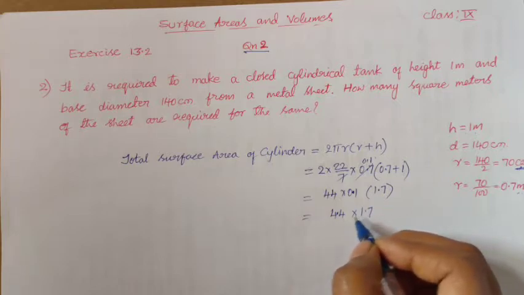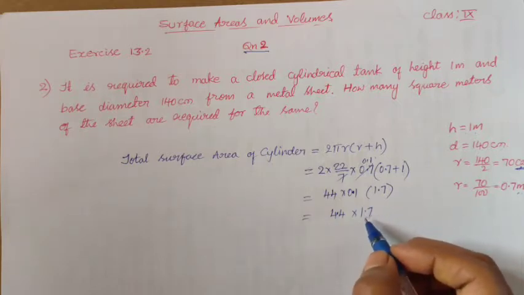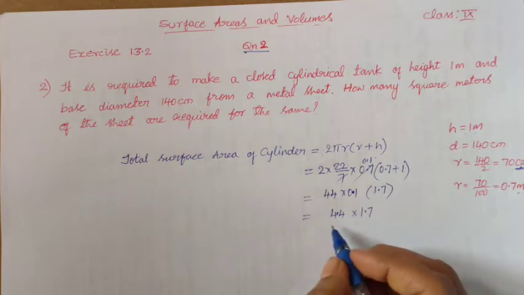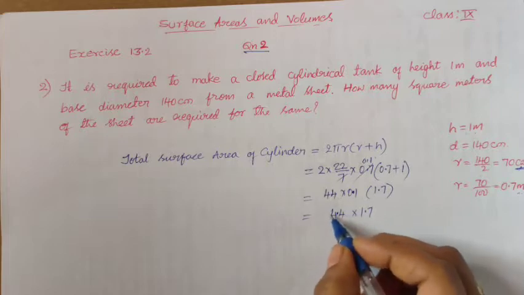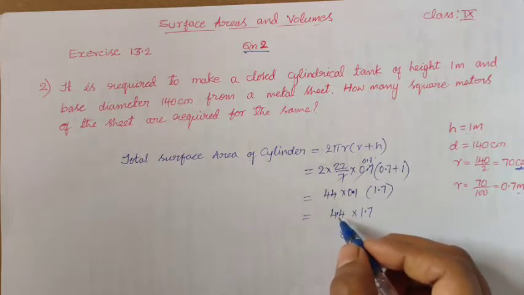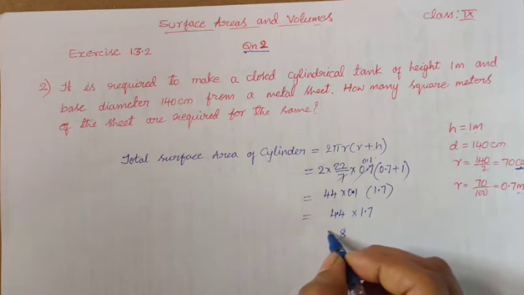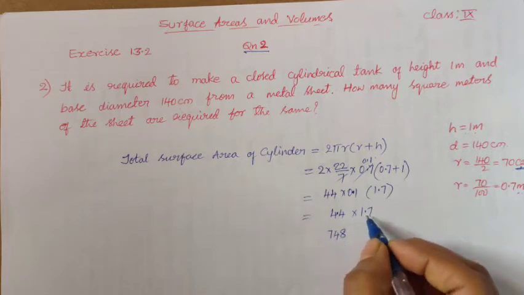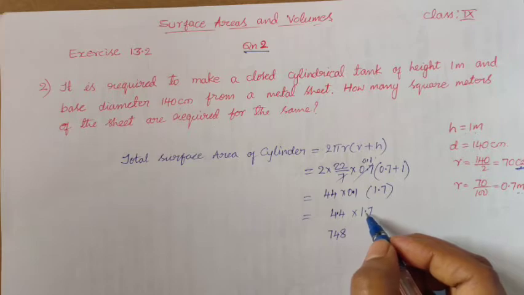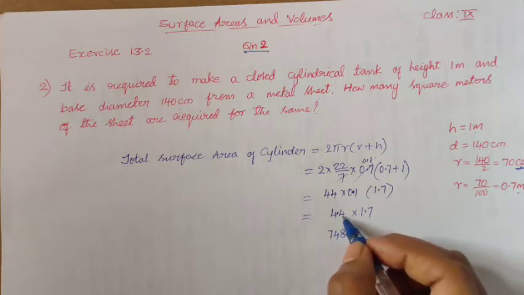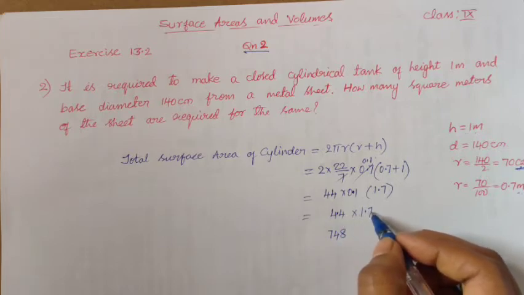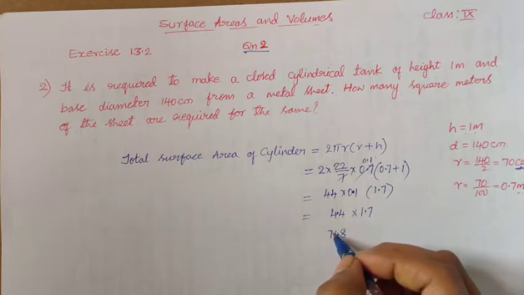You multiply this 4.4 into 1.7, then what? 17 fours are what? 68. So write 8 and carry 6. 17 fours are 68. 68 plus 6 is 74. So write 74. Now you can put the decimal point after leaving two numbers, because after the point here is one number, after the point here is one number, total number will be what? 2. So you can put the decimal point after leaving these two numbers.